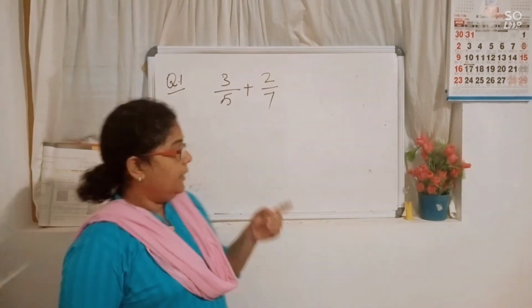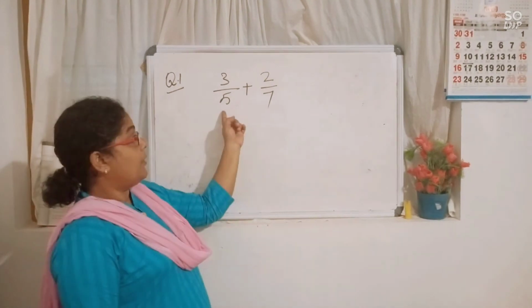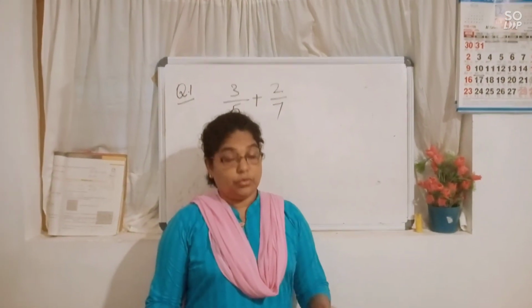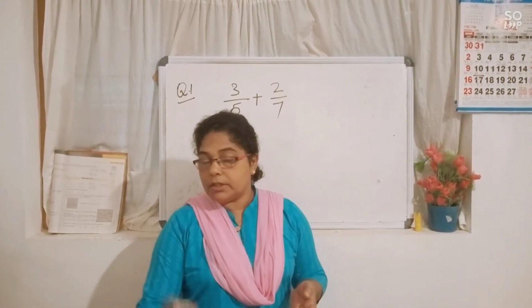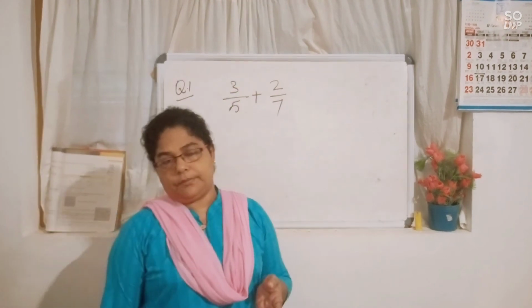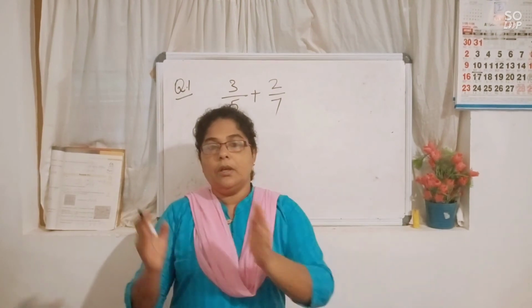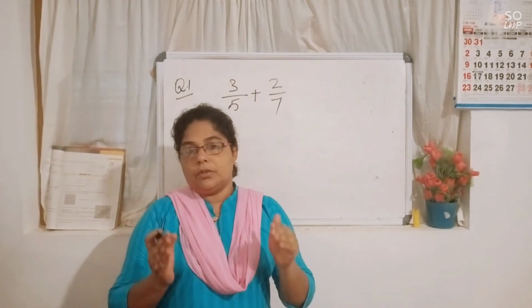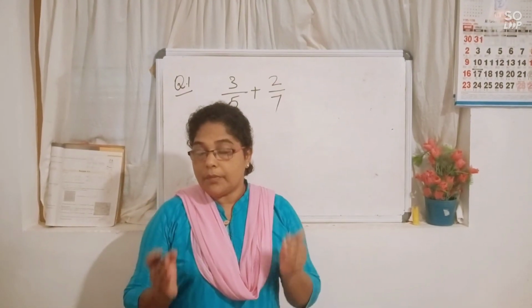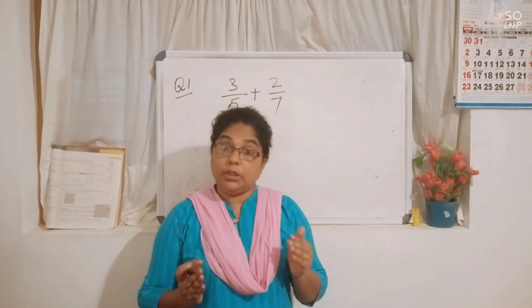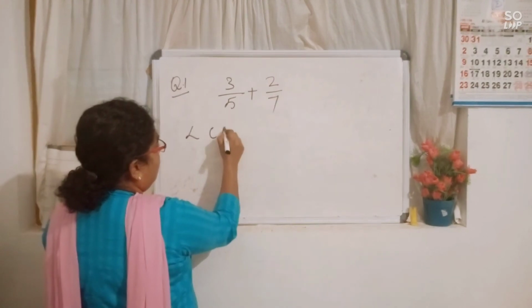Now, while adding these two, definitely by looking, 3 plus 2 equal to 5, 5 plus 7 equal to 12. We should not write it such a way, it is a great mistake. So we have to cut that chocolate in equal pieces. Then we have to consider how many parts A is getting, how many parts B is getting. To divide in equal pieces, what shall we learn? Everyone should learn LCM. You learned it. How to find out the LCM of the denominators.